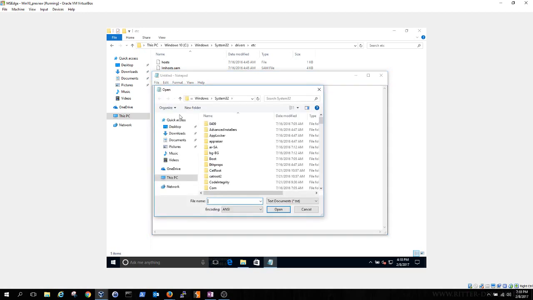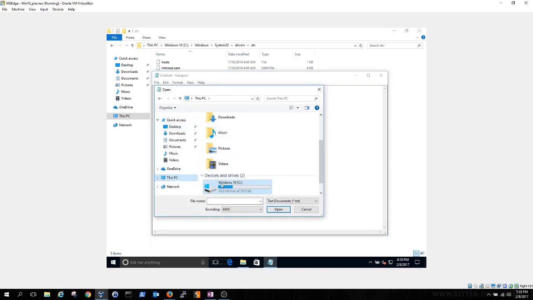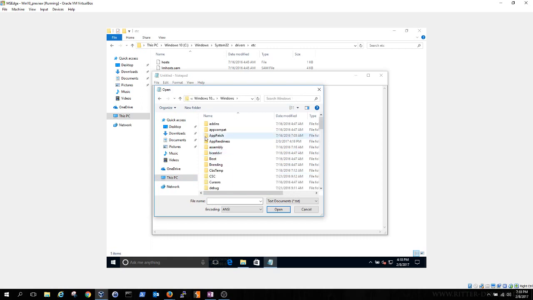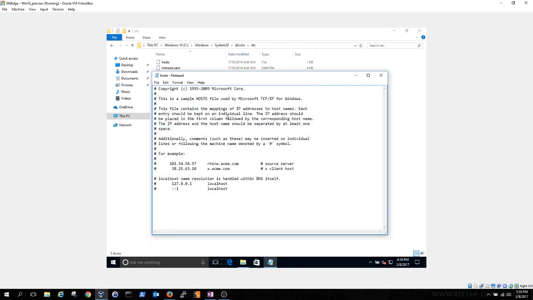File, open. Windows, System32, Drivers, etc. Change this to all files and the hosts file. So in your browser or Explorer, you try to get to a website or a remote computer. It has to resolve it. Before it even goes out to DNS, it's going to check your host file. So if you want to override DNS settings, you can actually put in an IP address, a tab, and a